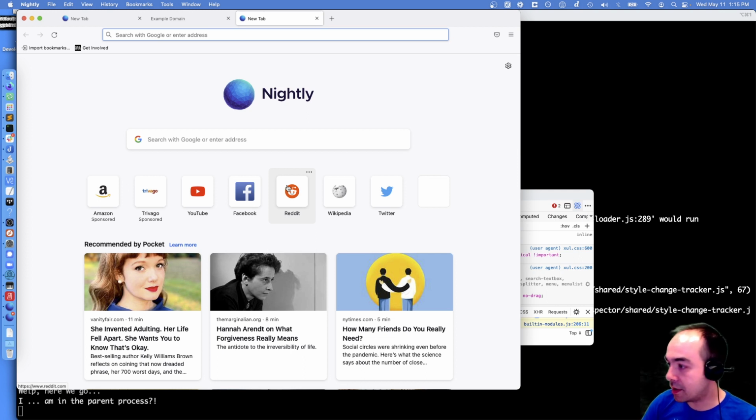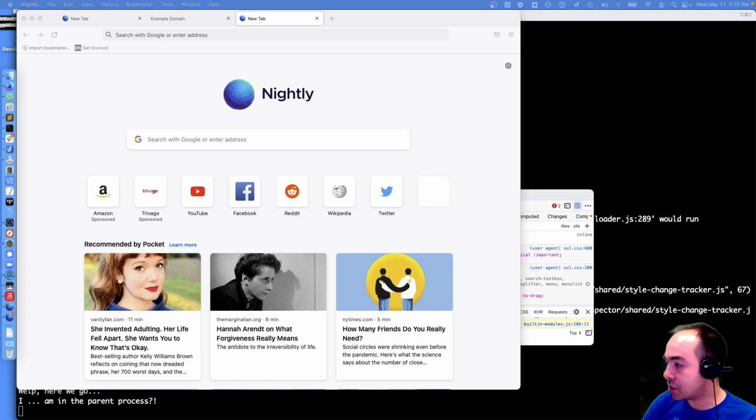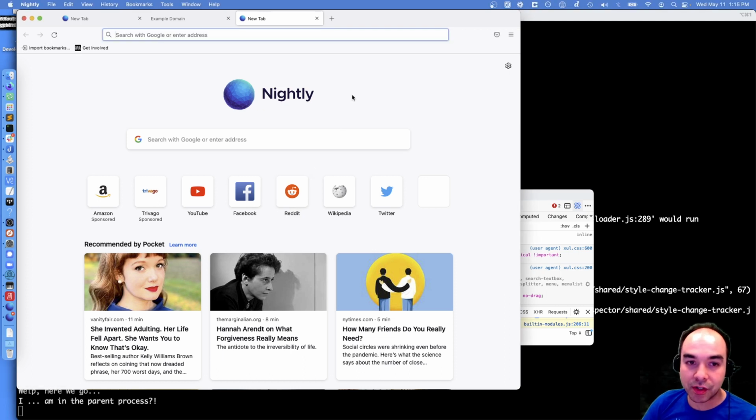The privileged about content process only runs local pages that we control, like about:home, about:newtab, and I think the about certificate viewer runs in there. There aren't many, but they're all just local pages. None of this is being pulled down over the network. This is a local page.